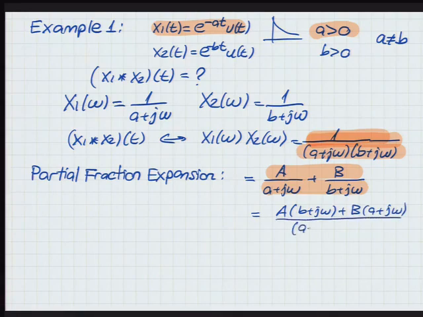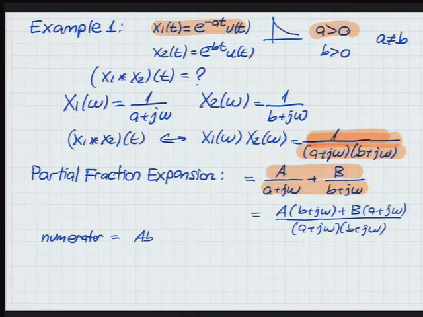And the denominator is the product of a plus k omega and b plus k omega, right? So for this expansion to match what we started out with, the numerator has to be equal to 1, right? Only then they will match. So numerator